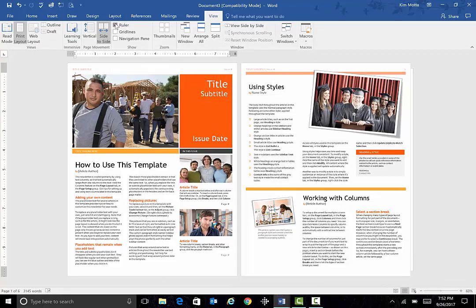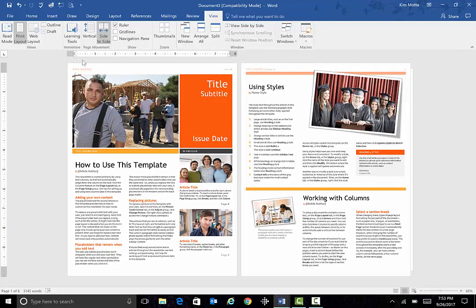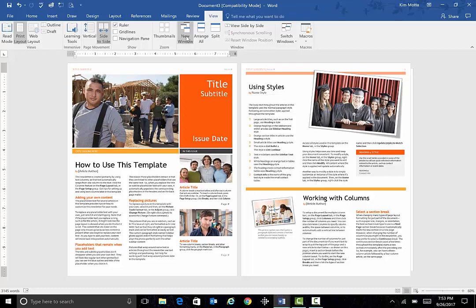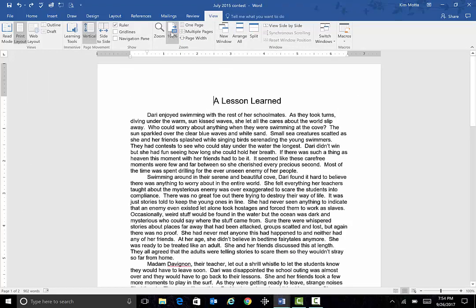I generally use the rulers. I like the rulers because it helps me to do other things such as set margins. Okay, you have a thumbnail, which will show you all your pages. You also have, we're going to use the zoom group, go to 100%, so now we can see the whole